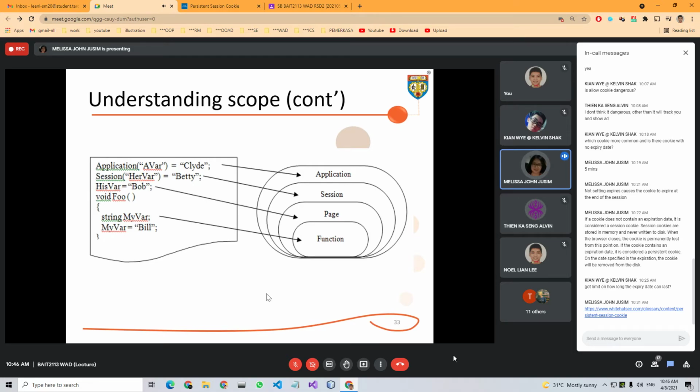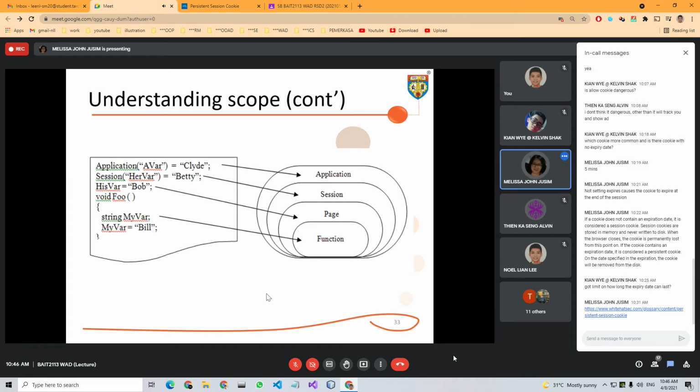If the variable is not a session variable, but just a normal variable, like what we have there, a variable called his variable, value is set to Bob, it is only available for that particular web page.